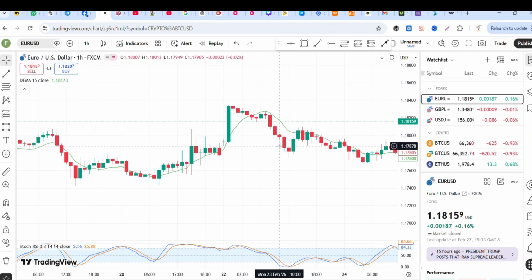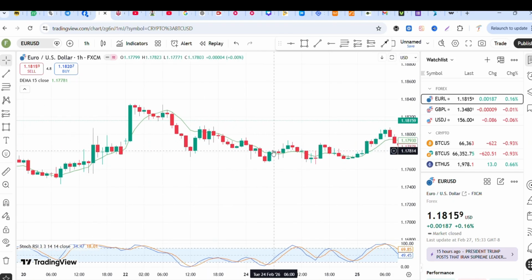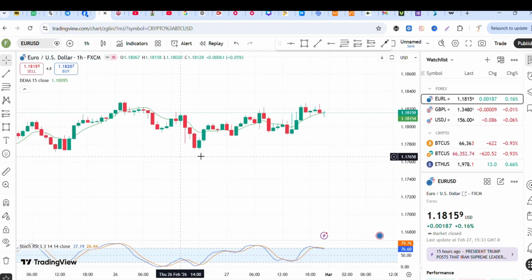Each stick is opened and closed for a duration of the time frame of the chart that you are watching. What do I mean by that? This is a 1 hour time frame, so each candlestick here starts and lasts for a duration of 1 hour. So 1 hour, this is a candlestick. The next 1 hour, this is another candlestick. The next 1 hour, this is another candlestick. So when we look at this, this is a candlestick that is forming in the next 1